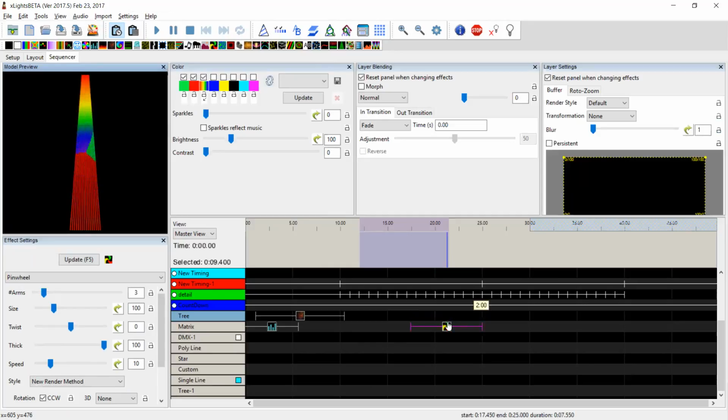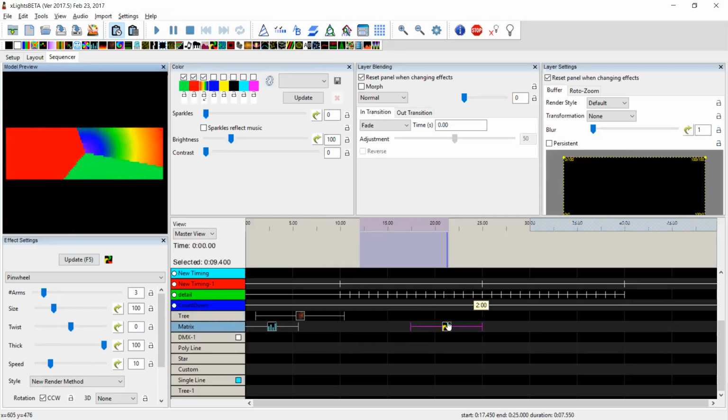Let's move it down onto our matrix where it's a little easier to see. So you can see that the color curve has been applied from outwards to in. If you click on it again, it's inwards to out. And then you get the radial ones where it's applied radially around the circle and vice versa. And then back to time. Okay, so now on a limited range of effects, where, to be honest, there was really only a limited range of effects where this made a lot of sense,